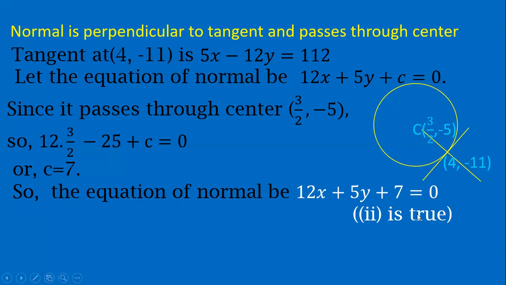Now see, in the third option it is given length of the tangent. So at a point we can draw this tangent. So how can we find out this length? It is not possible. So the third option is wrong, because at one point of a circle we can draw a tangent and it has no finite length. So third option is not correct.